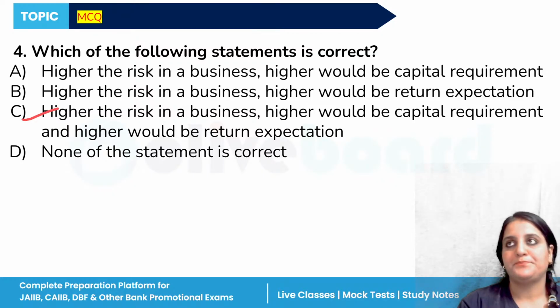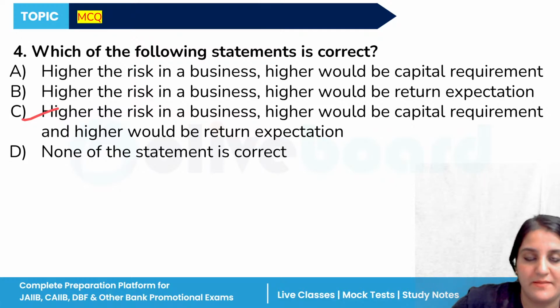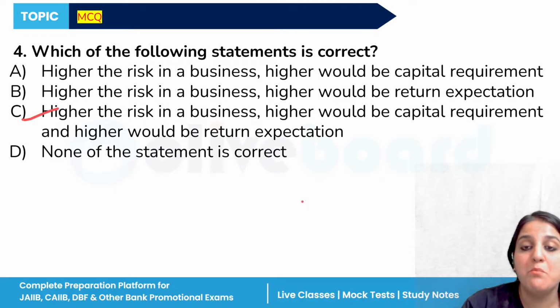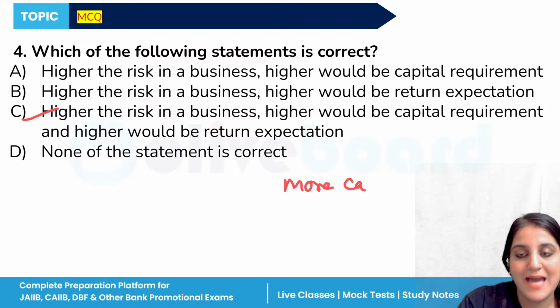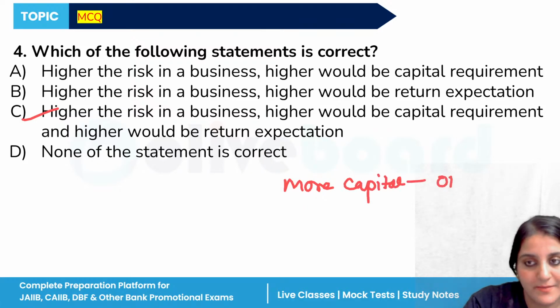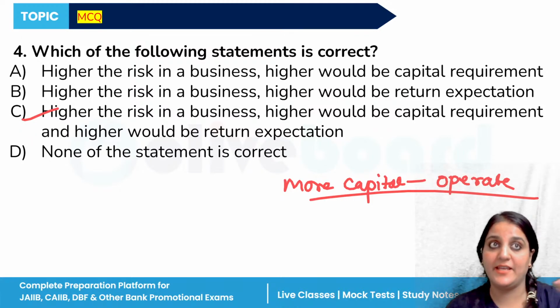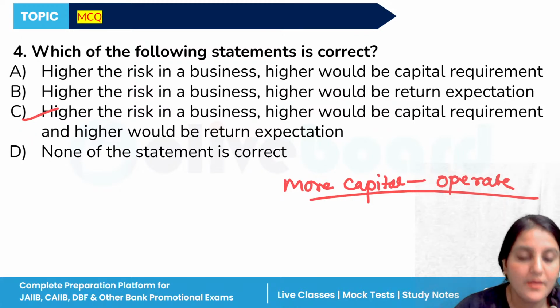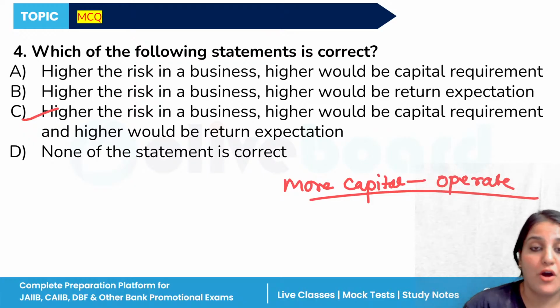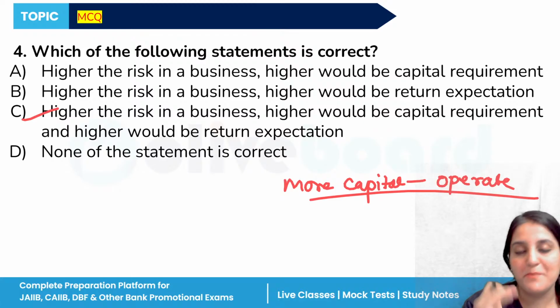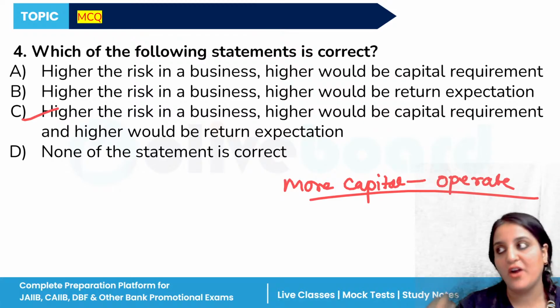Why? Higher capital requirement means businesses with higher risk typically require more capital to operate, obviously. This is because investors demand a higher return for taking on more risk, and the business needs to have sufficient funds to cover